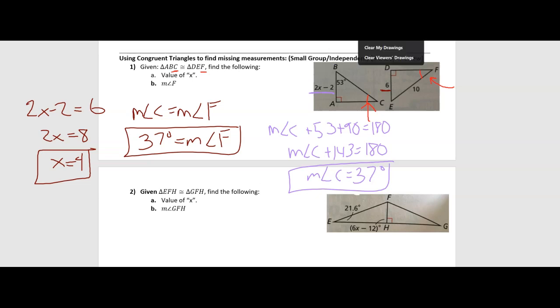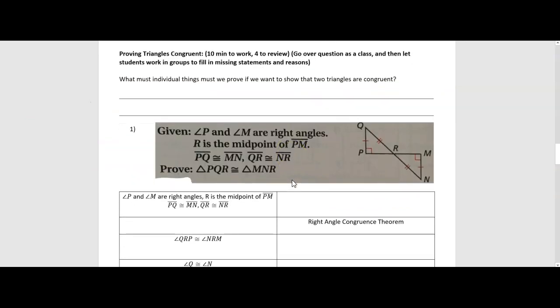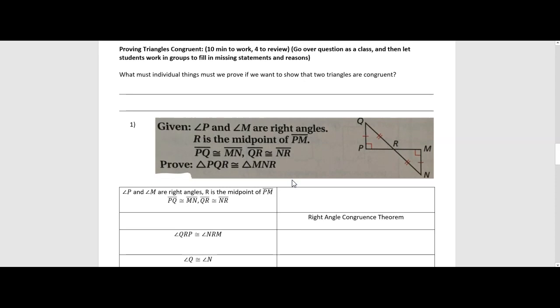All right, we are going to skip number 2 for now. We're going to jump to a proof, where we try to prove that triangles are congruent. First question that we need to ask ourselves before we jump in is, what are we actually going to have to show? So if I want to prove that two triangles are congruent,